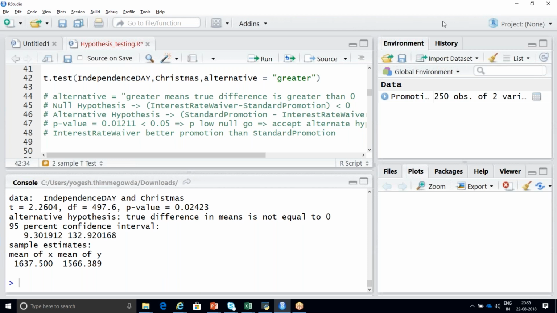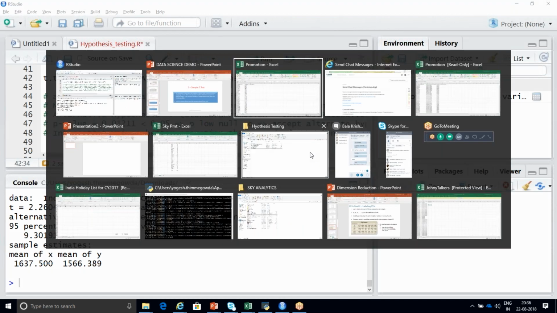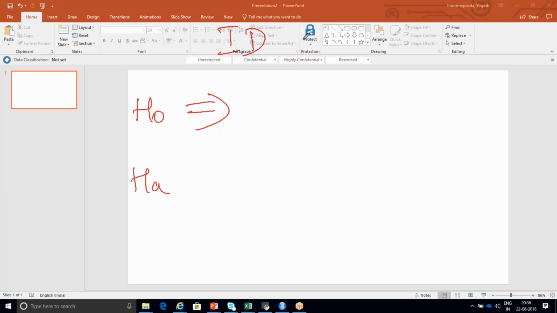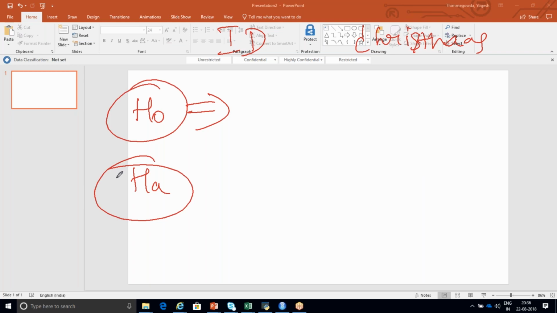Now I'm going to write it. So what is the step? For null hypothesis, what should I write? Alternate hypothesis, what should I write? First offer is the Independence Day offer. Second offer is the Christmas offer. So what should be your null hypothesis for this step? Come on, give a try. If it is wrong, not a problem. No action. See, no action means null. Always, no action means null. Action means alternate. We wrote it like equal to, not equal to until this point. Now what should be your null hypothesis and alternate hypothesis for this step? You are checking for these two.